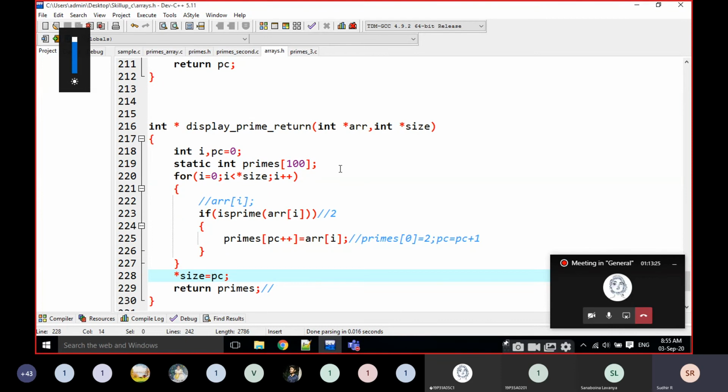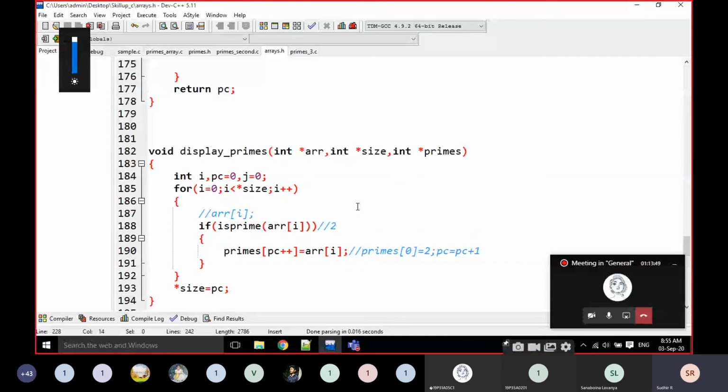How many different types are here? We are passing the value here. Passing the result as an argument. The first one is passing the argument here, and the size is also returned.